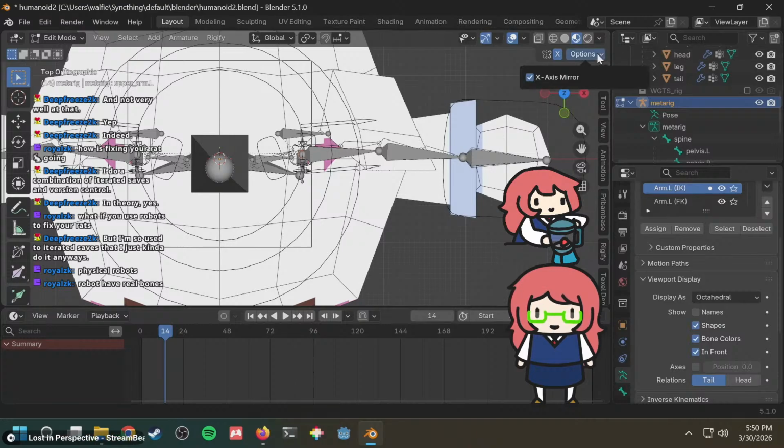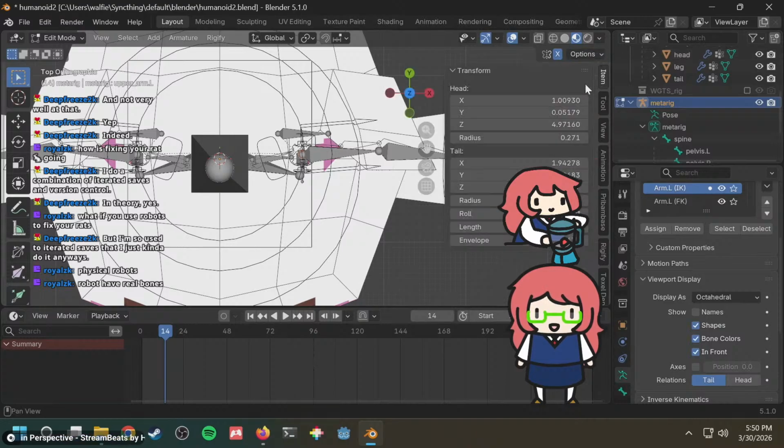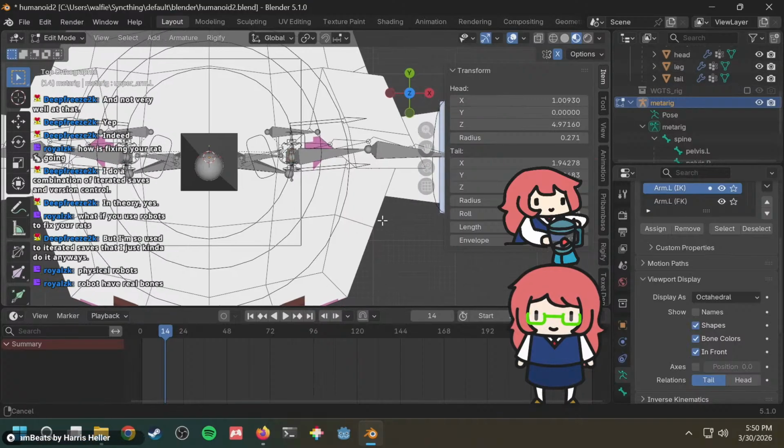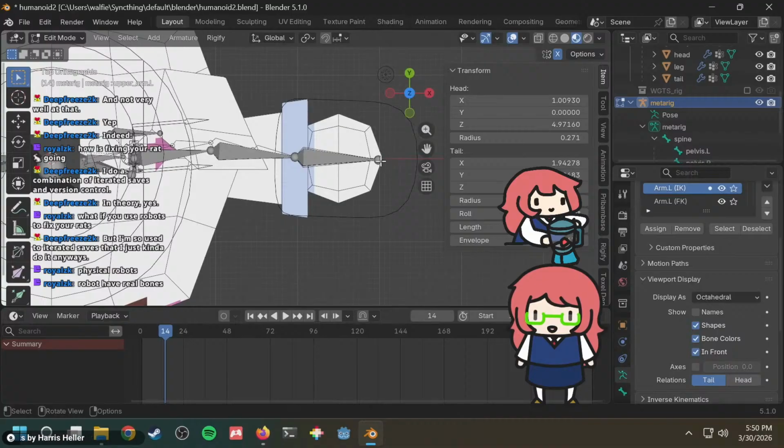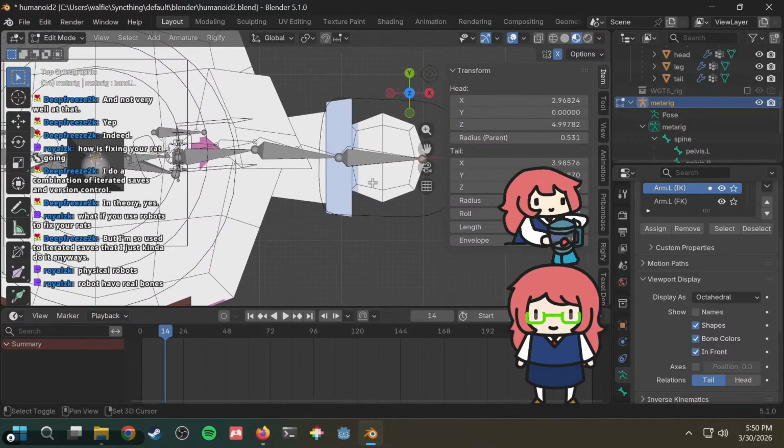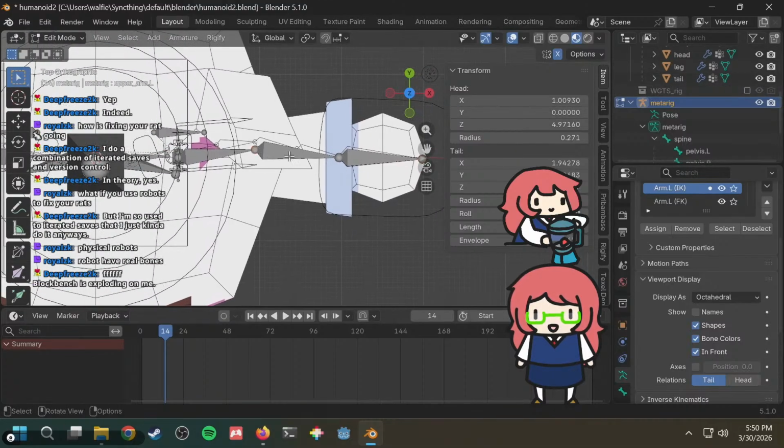Alright, what if we change the Y position to be 0? Same thing for this. Just change all this stuff to be exactly 0. This one instead of being this. Okay, that's pretty close. That's exactly 0.